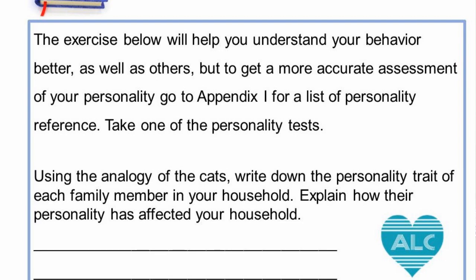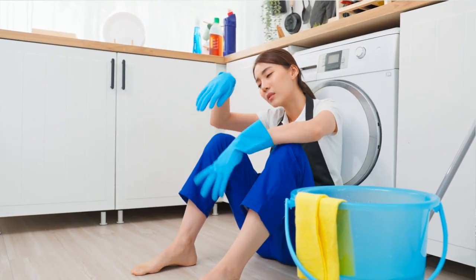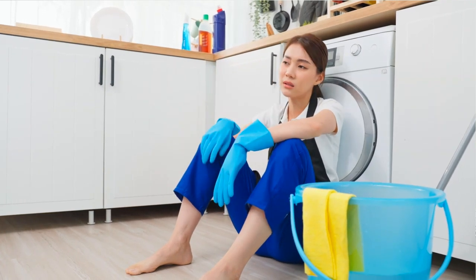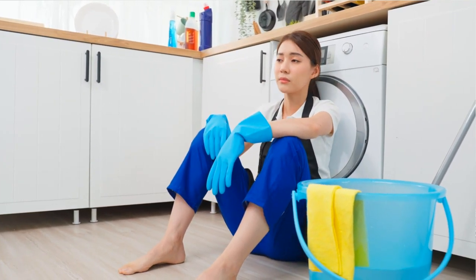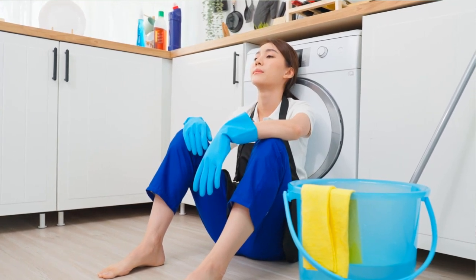Let's use an example. Let's say your mother-in-law lived with you. Her personality is more like the bobcat. She's a perfectionist. You are a Bernese cat, which neatness is not your strong point. She likes everything perfect and neat and clean all the time. She's kind of gloomy sometimes and depressing, and you're quite the opposite. You two clash all the time, which makes a very unpleasant environment in your home.